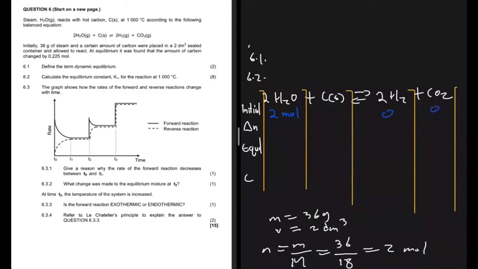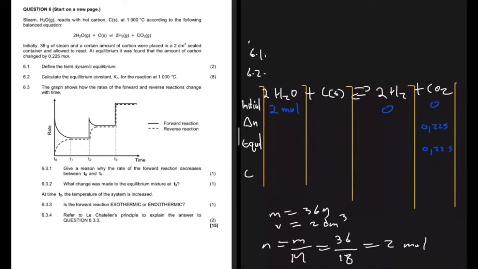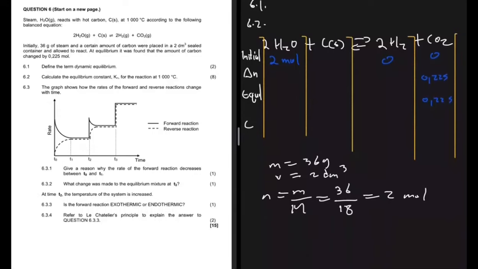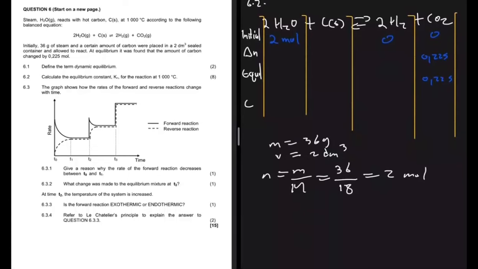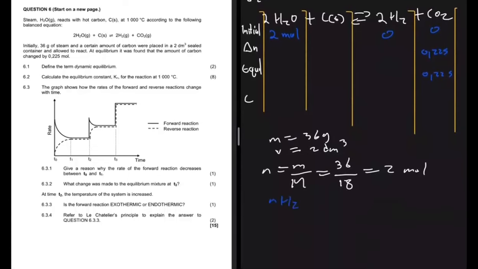And then it is said that the amount of CO2 at equilibrium is 0.225, right? So that means that the change was also 0.225. And then for H2, we can determine that by using the balancing coefficients, right? So we're gonna see the number of moles of H2 divided by the number of moles of CO2 equals the balancing coefficient of H2, which is 2, and then the balancing coefficient of CO2, which is 1. So basically, you multiply the number of moles of CO2 by 2, and that will give us